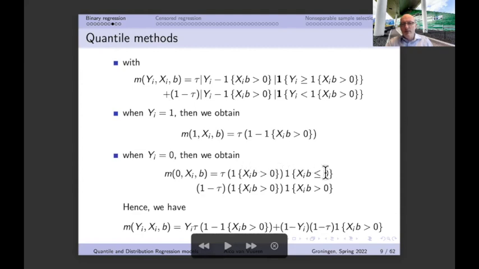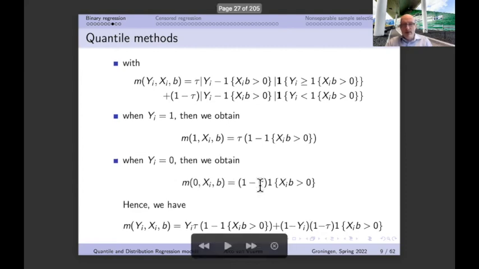And here we multiply it by xib smaller or equal to 0. So you realize that always one of the two is equal to 0, because if this is equal to 1, then that is equal to 0. And if this thing is equal to 1, then that thing must be equal to 0. So that means that this whole thing always is equal to 0. Here it's a little different because here we have exactly the same indicator functions multiplied by each other. You could of course write this as the indicator function squared, but we already know that you don't have to do that, because squaring an indicator function just gives the indicator function itself.